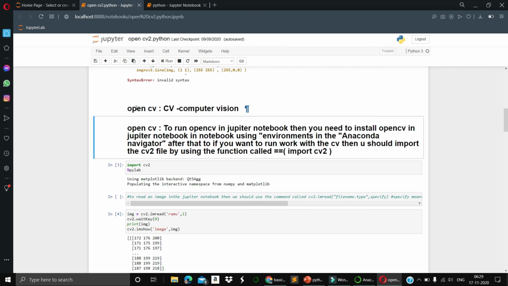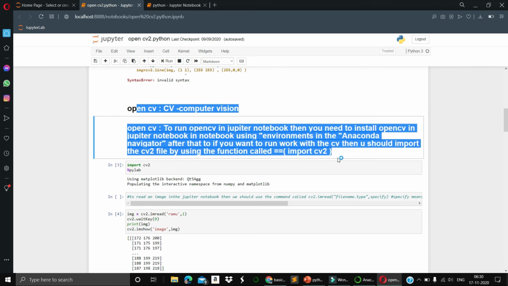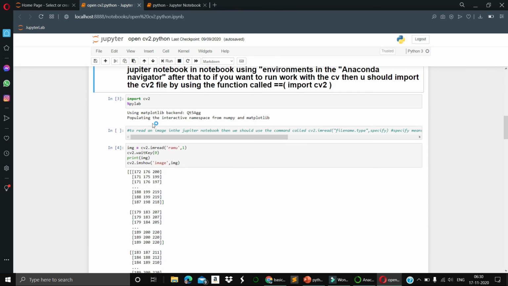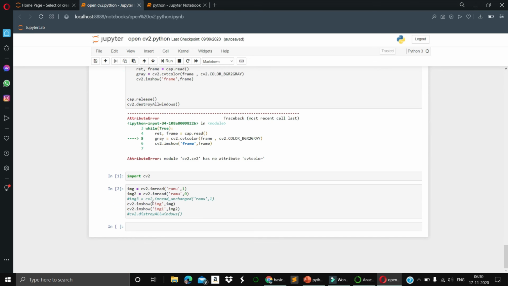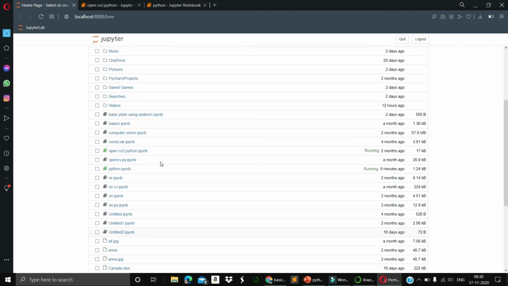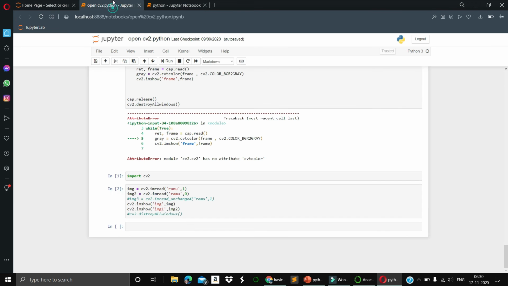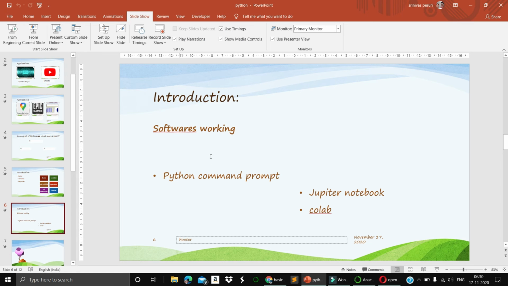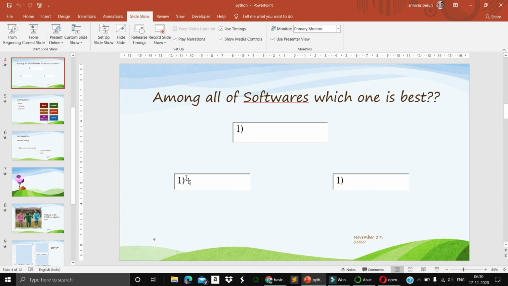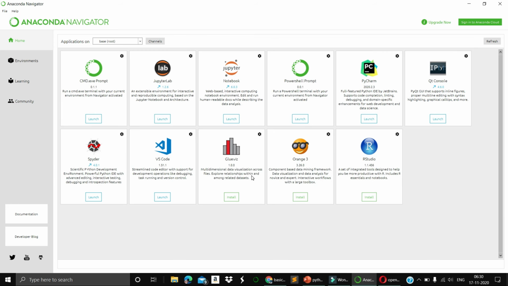When you write code related to text, it will be in this way, and from the files you will be able to get it in this way. You can get everything on the spot itself. So you will have so many things from Colab and Jupyter Notebook. These are the most efficient softwares till now, which every expert is using.